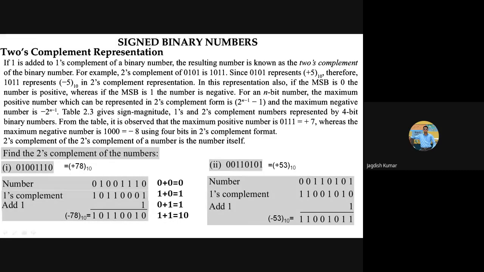So it is 2 raised to the power 0, 2 raised to the power 1, 2 raised to the power 2, 2 raised to the power 3, 4, 5, 6, 7. So this is 1 into 2 raised to the power 7, right? I think this is what your first non-zero bit will give you. Then 1 into 2 raised to the power 6 plus 0, which is none of our business.